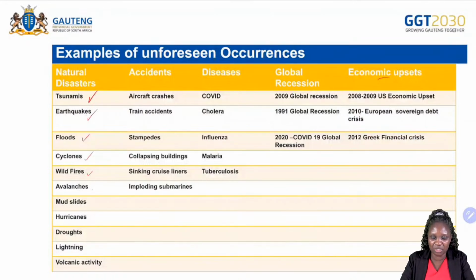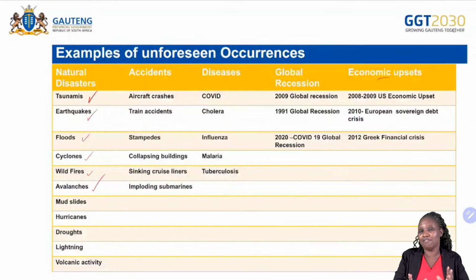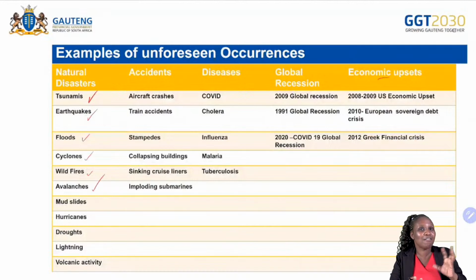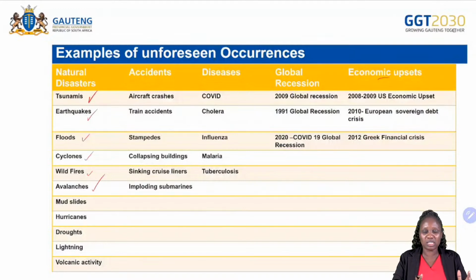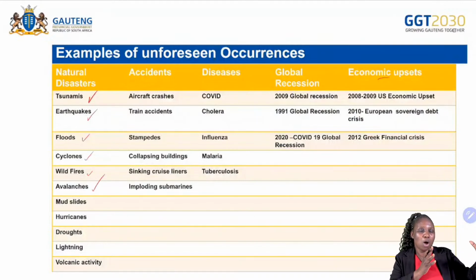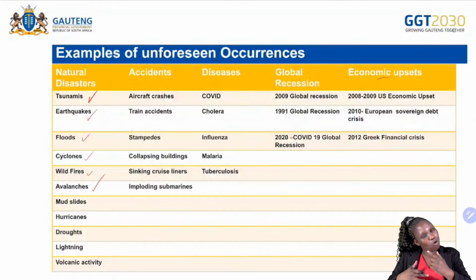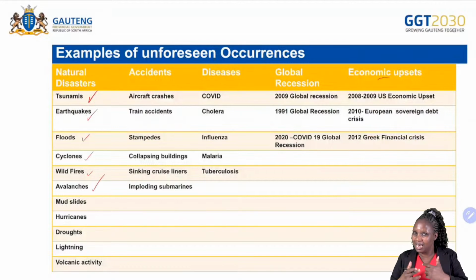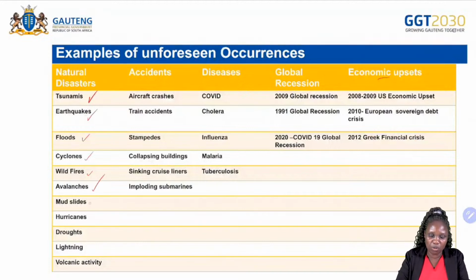And then avalanches. Do you know what an avalanche is? When we're talking about avalanches, it is an area with a lot of snow. At times you see the mountains covered by the snow. And then all of a sudden, you see the snow from the mountains moving as if it is wind. The snow will be moving. Therefore, it kills anything, destroys infrastructure, it kills people on the way. That is an avalanche.